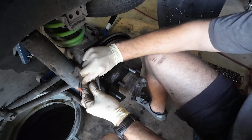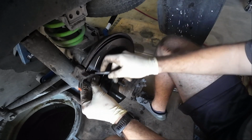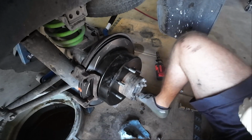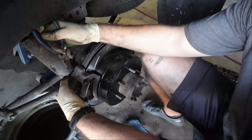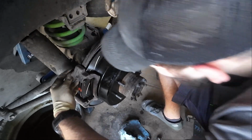Toyota techs of the 90s are probably laughing at how difficult this is for me. And then, once it pokes through on the other side, I'm going to need to grab some pliers. Isn't it weird how you say pliers? Like you refer to them as if they're multiple or more than one, but they're not. Anyway,